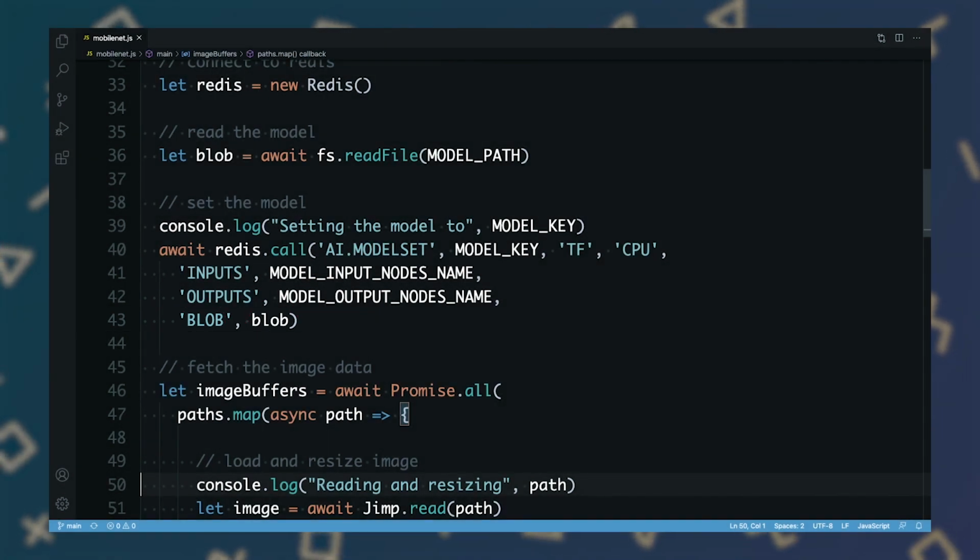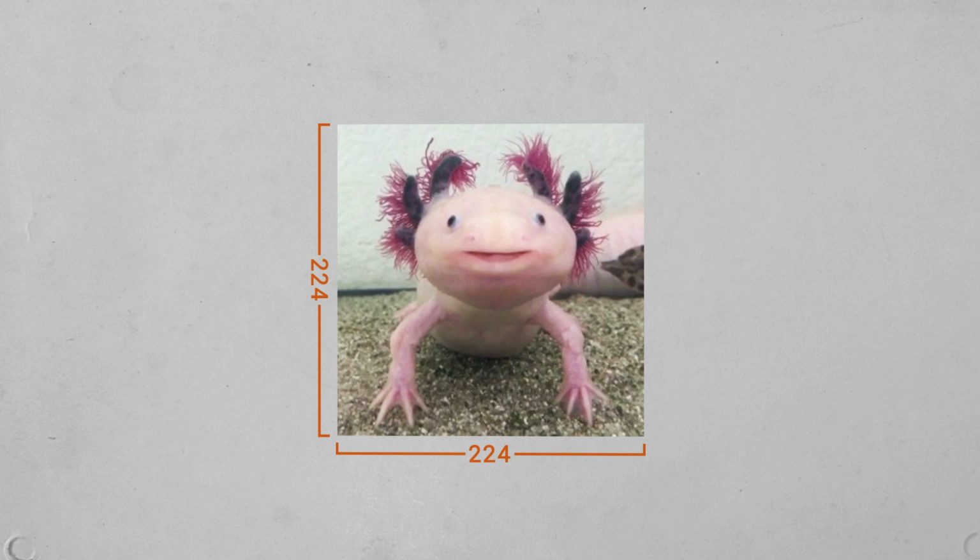To actually use the model we've just uploaded, we need to provide an input tensor. MobileNet expects a tensor of one or more images of a specific shape, which we defined in code earlier, and with specific values of a specific type and in a specific range. Each image must be 224 pixels wide and 224 pixels tall. No more, no less.